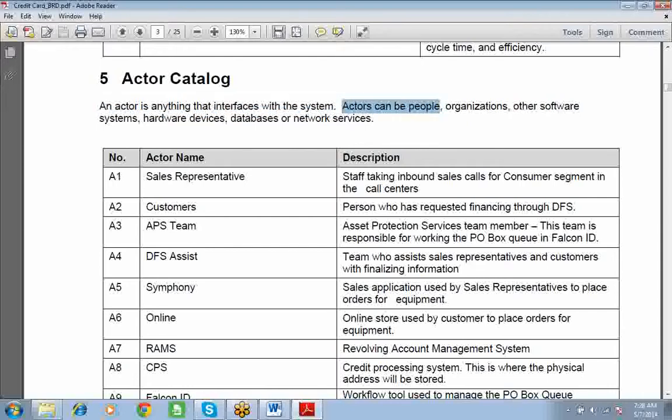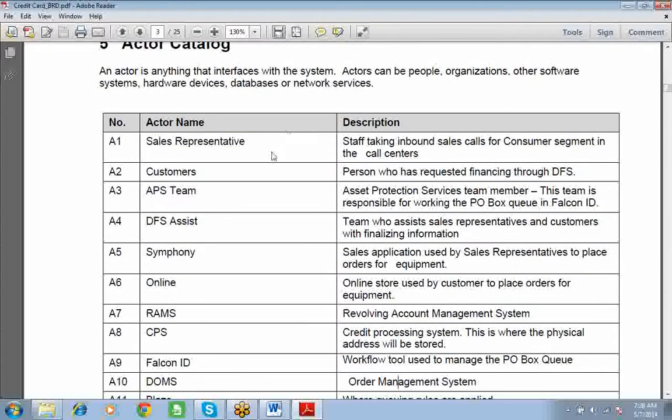Actors can be people, organizations, other software systems, hardware devices, databases, or network services which do some action. Okay, look at this. Here are some actors: sales representative, customer, APS team, DFS assistant, Symphony. What are all these things? These all are actors, systems, and people who communicate and work in this process. Okay, you understand what I mean by actor?